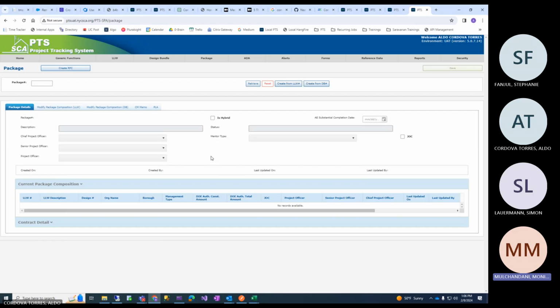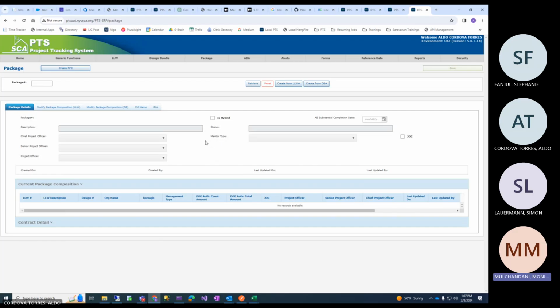So if design bundle D1 has two LLWs, L1, L2, and design bundle 2 has another three LLWs, L3, L4, L5, we could create a package using L1 from D1 and L4 and L5 from D2 together, and we'll get a P number. It's a sequentially generated number. The sequence is stored and the next available number is assigned on its own. To do that, we use these two options, create from LLW and create from design bundle.